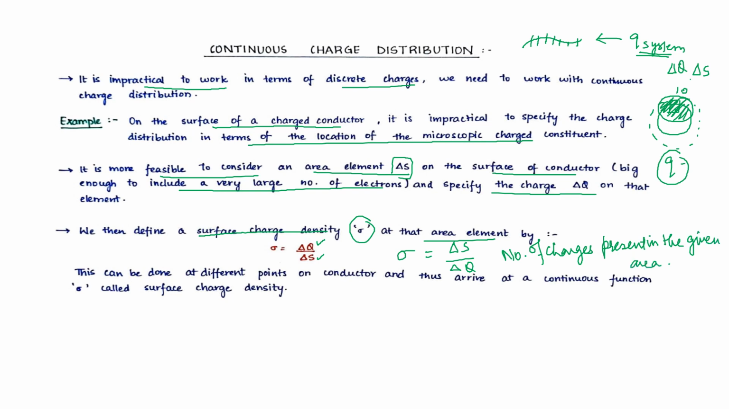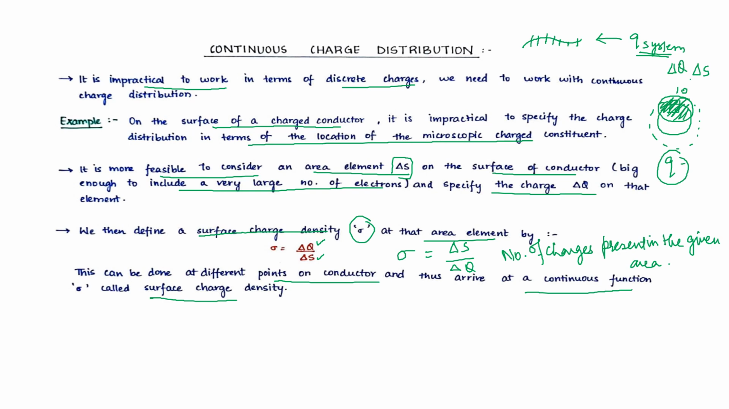Surface implies the surface of the material, charge implies the charge, and density, what does density imply? Density implies how many numbers there are with respect to a given amount, volume, or length. So when we are going with the surface charge density, we consider area. With respect to area, we tend to find the number of charges. This can be done at different points on the conductor and thus arrive at a continuous function that is called